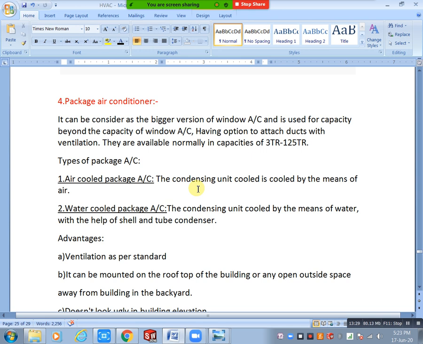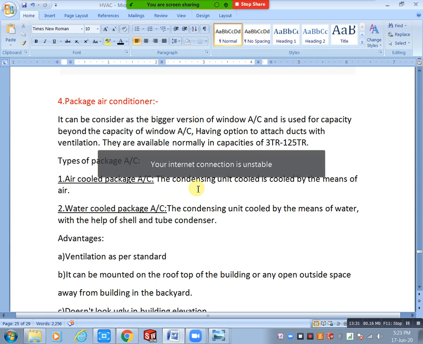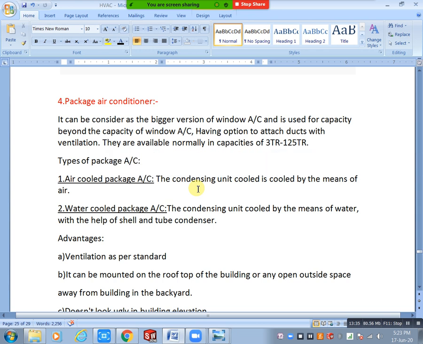Okay, both are the same, but depending upon the site conditions or interior condition, we need to select our machine and capacity also. How much capacity do you need? For example, if you have 25, 30, you can select ductable or this one, but you can maintain your site condition, whichever is better. If you have any outside space, you will get less noise. For example, you will take package AC. Here we have some advantages, and you will consider those advantages, whichever is better for you, you will select that one.